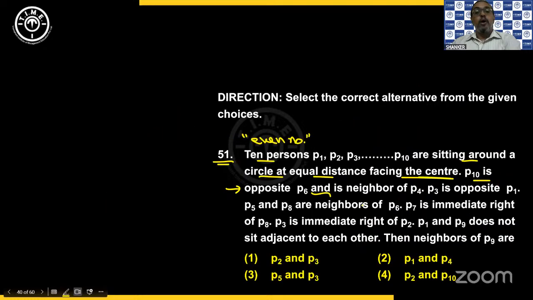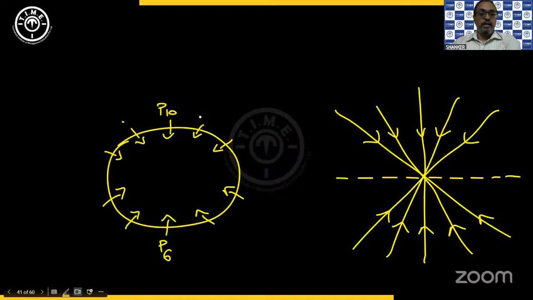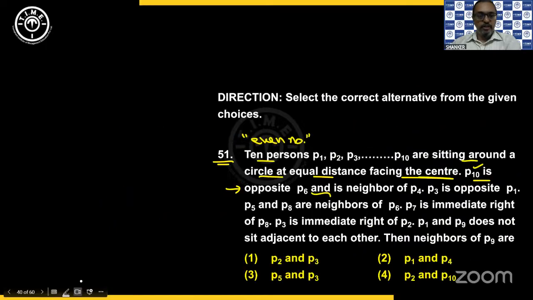And, 'and' always refers to the first person, that is P10 is a neighbor of P4. So P10 should be a neighbor of P4. Neighbor means it could be either here or there. Correct? So let us pick both the possibilities. In one case, I'll put P4 here. And in the other case, I have P10 here, P6 here, and I'll put P4 here. Both neighbors. Understanding the point? Okay, further what he says,